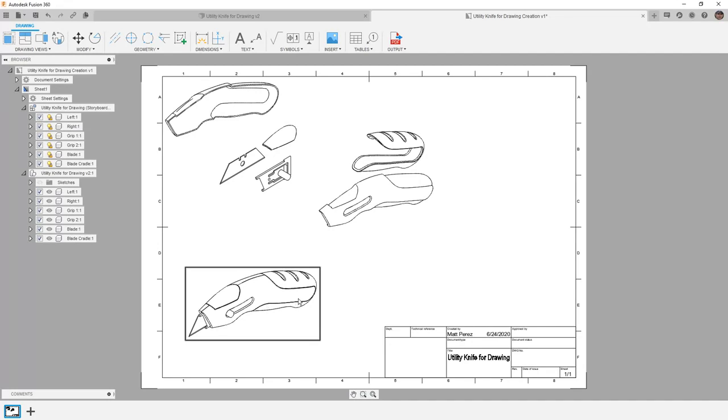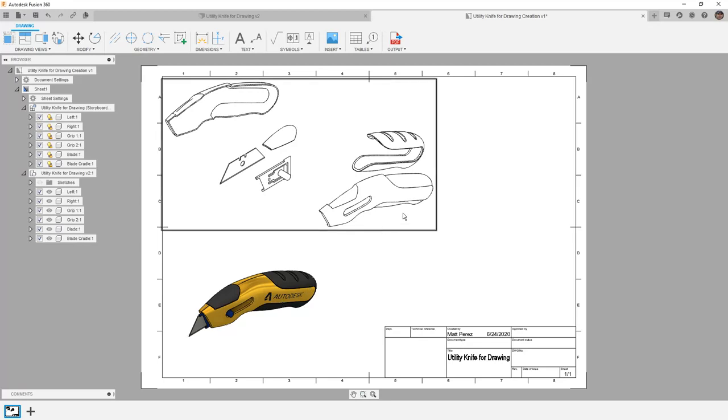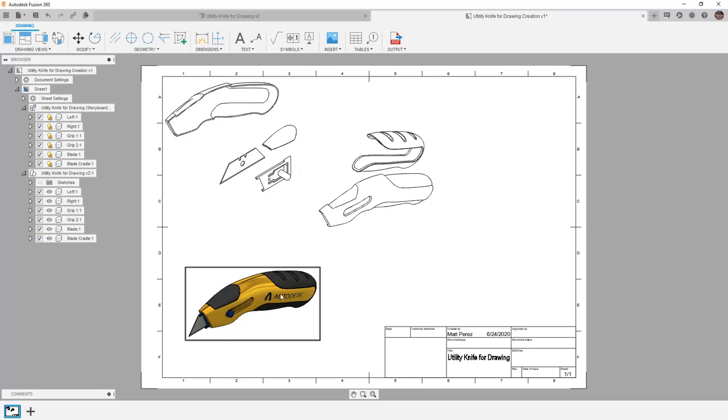One thing you'll notice is that the decal is not displayed in this design. If we double click and we change the style to be shaded, and then we close this, you can see that with the shaded model with all full colors and reflections that we are seeing that decal. So also another important point to keep in mind is that those decals are not seen unless we use the